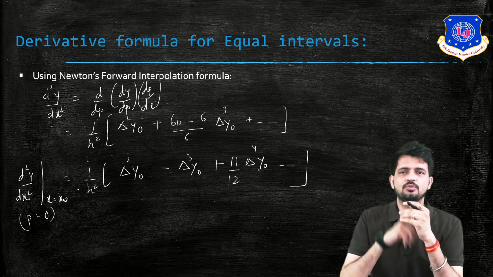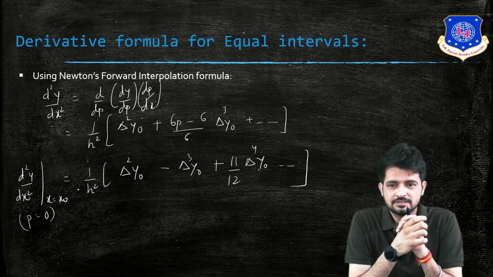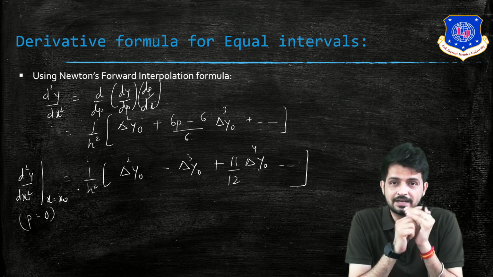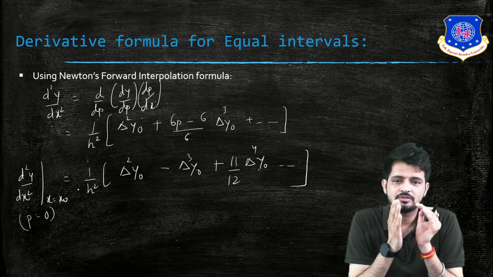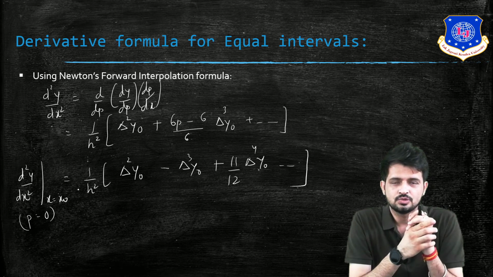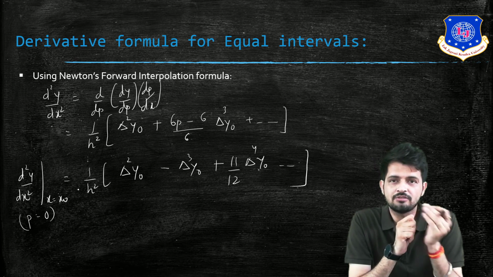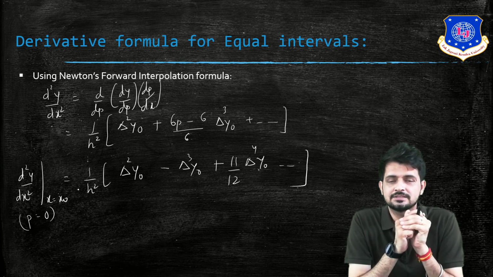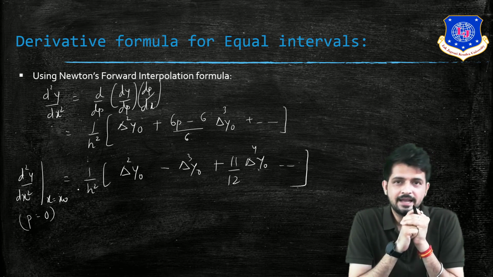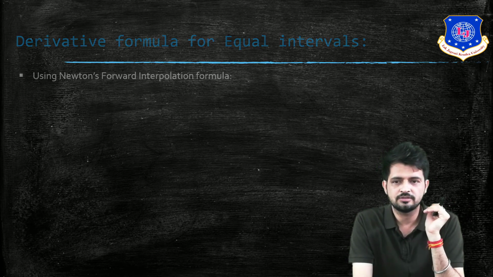Okay, so this is the formula to find y double dash or d square y by dx square at x is equal to x0. Instead of 1 upon h, we are using 1 upon h square. Then we have to start from the second order difference, del square y0, then alternate sign minus del cube y0 plus 11 by 12 del raised to 4 y0 and so on. So in this way, this is the formula that can be found with the help of Newton's forward interpolation. And when we have to apply this, if the value of x is near the starting point, then we have to apply forward interpolation. And if the value of x is near the ending point of the x, then we have to apply the backward interpolation formula.